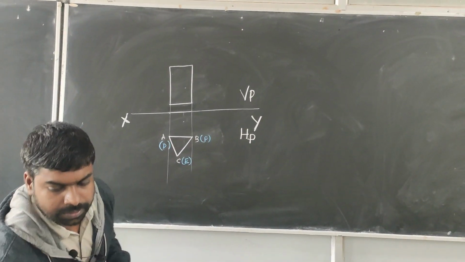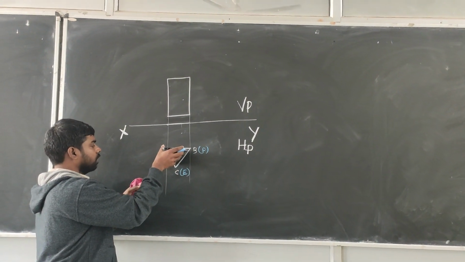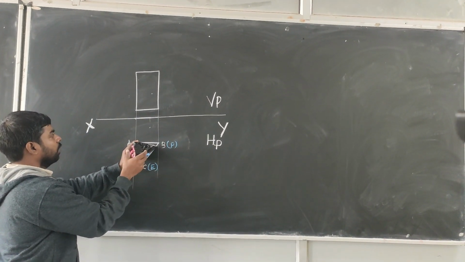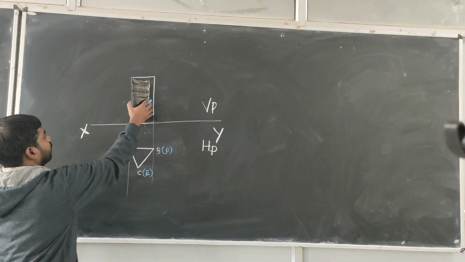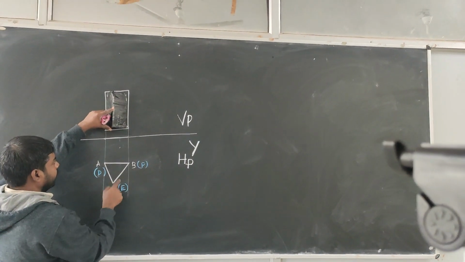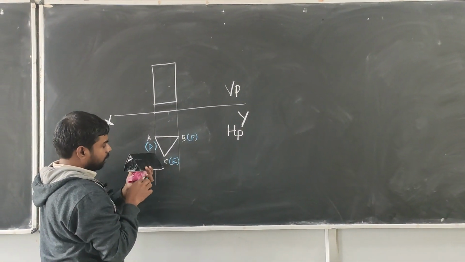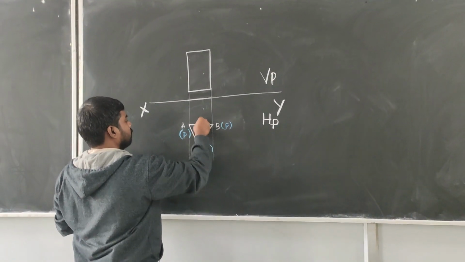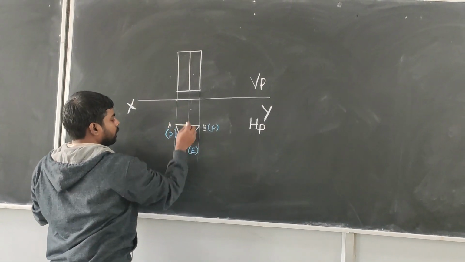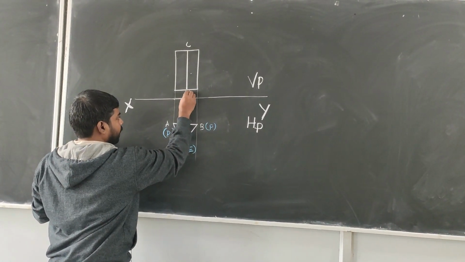So when I see the object, it was placed like this. Now for the top view, this is visible, the bottom side is not visible, so put brackets. Okay, let me go for the front view. It was placed like this. So this corner C and E is going over here, and it is visible to my eyes. So I have to extend this line here, and it is visible, so I have to put it like this. C is visible, so it will be on the top side. E is hidden from the top view, it is in the bottom, so I will put it here.